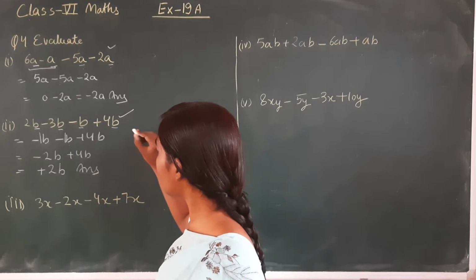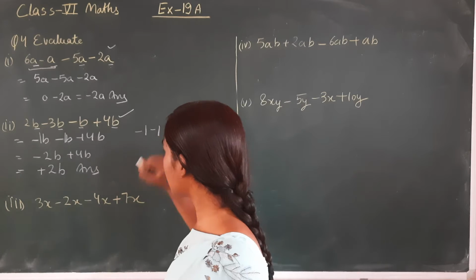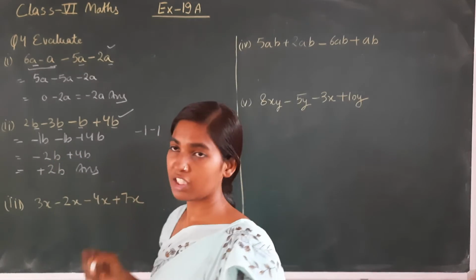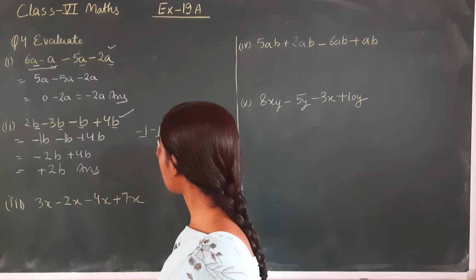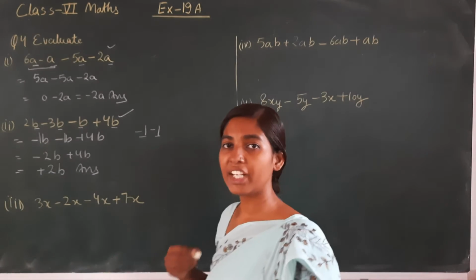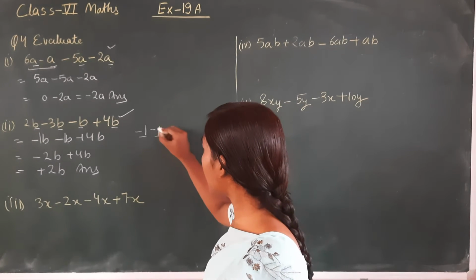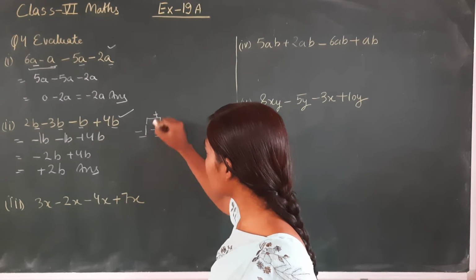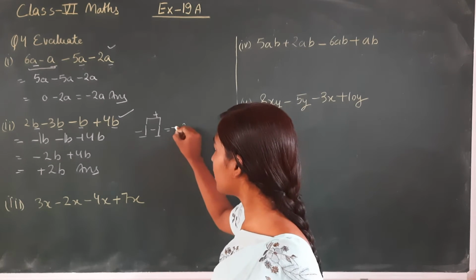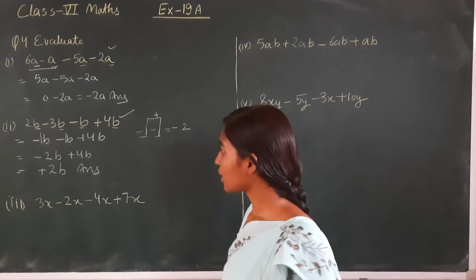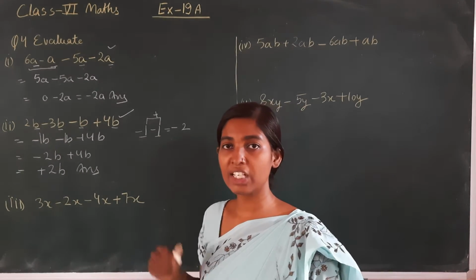Don't get confused. One more time I am explaining. Minus 1 and minus 1 is there. Suppose this one, minus 1b, is there. When two negative numbers are there, we are doing addition but we are putting the sign of minus. So these numbers get added up, the answer is coming 2, but the sign will be minus. Yes.